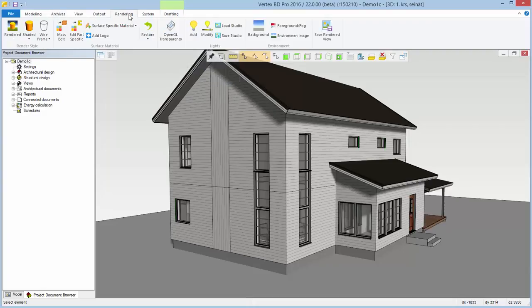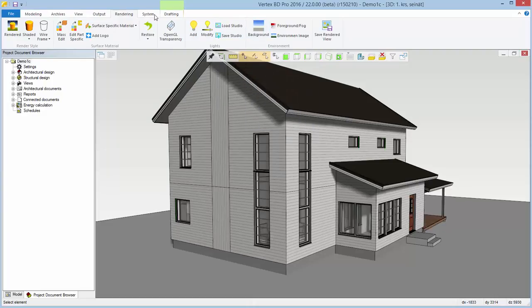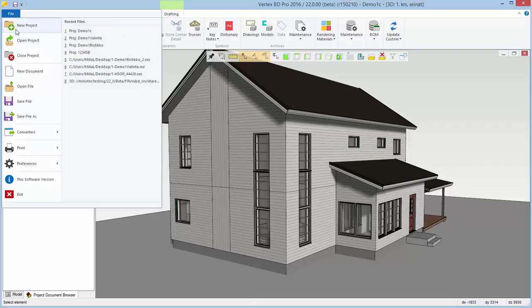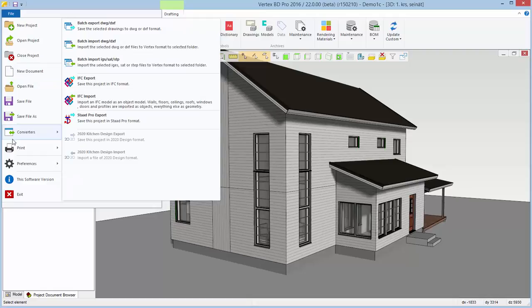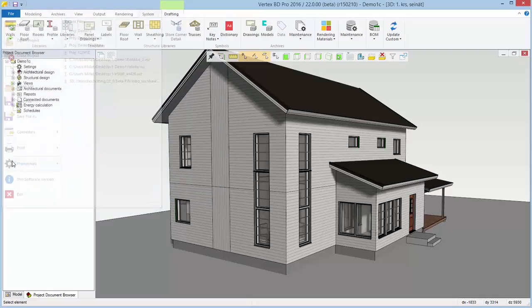Rendering has its own tab where you can, for example, change the background or the visibility of the model. The functions for the libraries can be found from the System tab. The File menu on the far left-hand side includes basic functions for opening a document or project, converters, functions for printing, and preferences. A tool strip is located on the top of the window or the right-hand side, whichever way